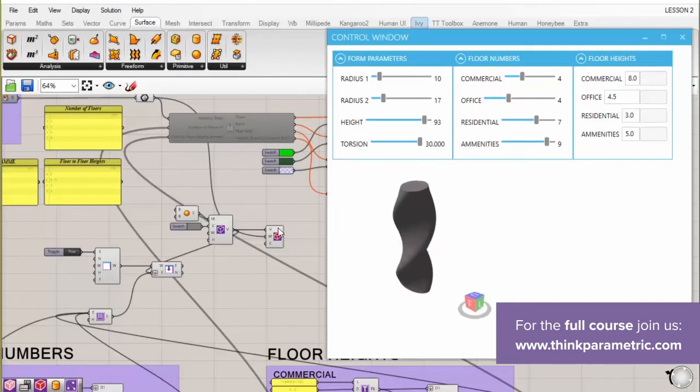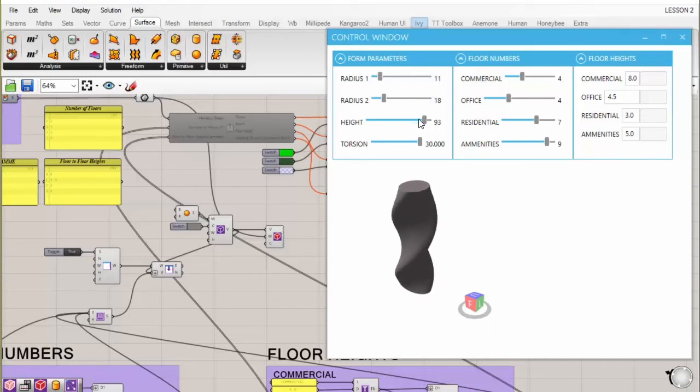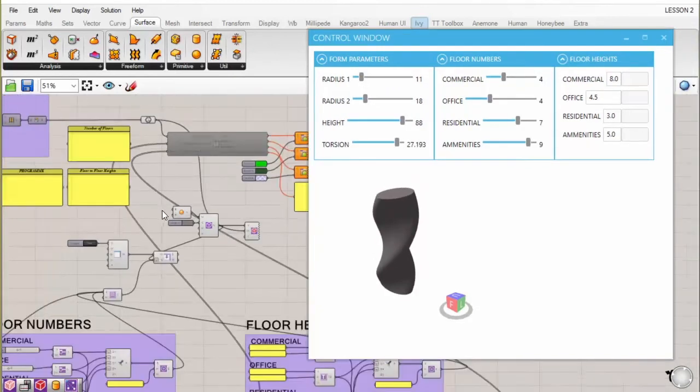And the whole point is that now, when I modify the radius, it's working properly and fast. Any changes that I make to this are being reflected in the actual form. And that's kind of how it's supposed to work.